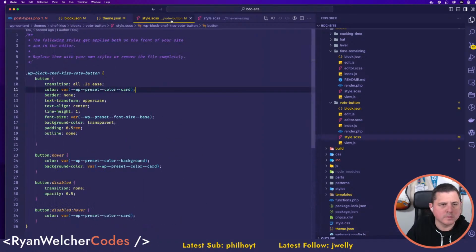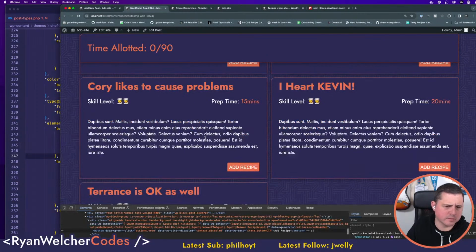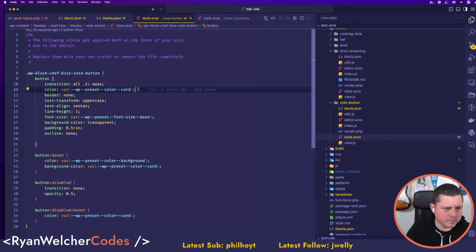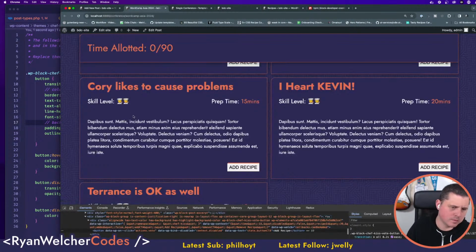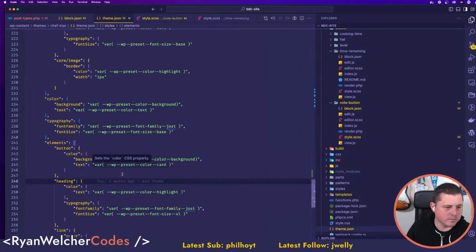Text. Oh yeah, so the text is going to be the card. So the text is going to be card. But it's trying to set it to the background, which is totally not right. That did set it properly though. So if I get rid of this color and then maybe this color too. So where are they getting that from? Oh, that's the button tag. How painful is it watching me do this for reals?